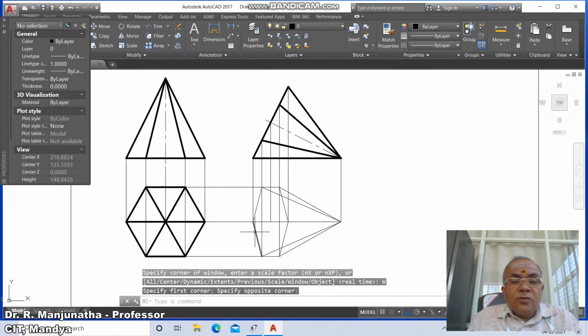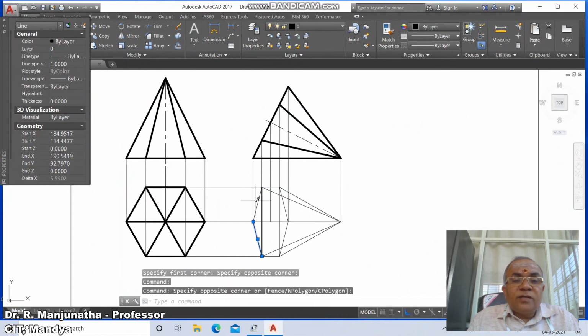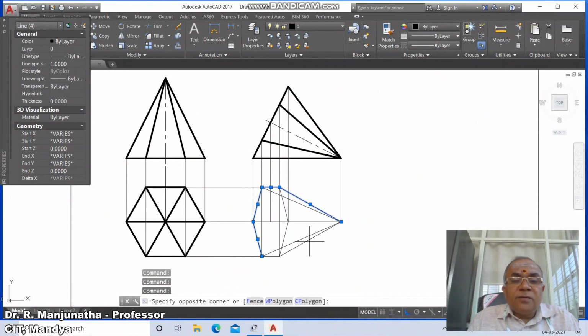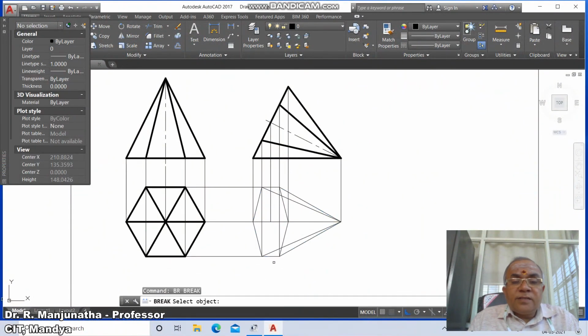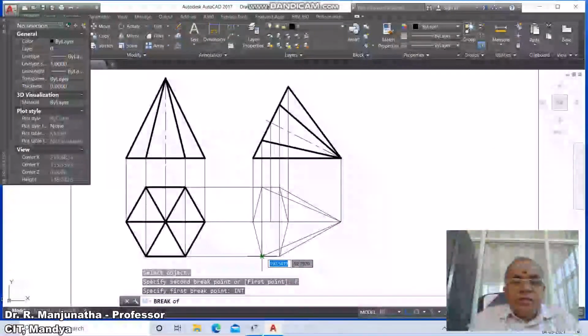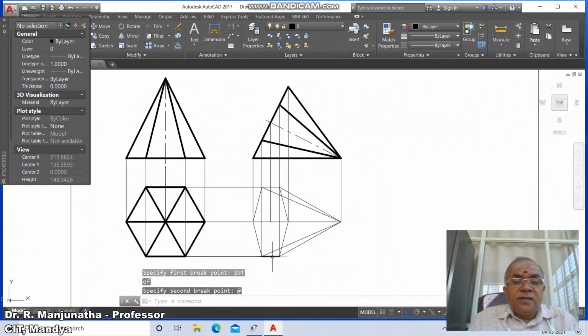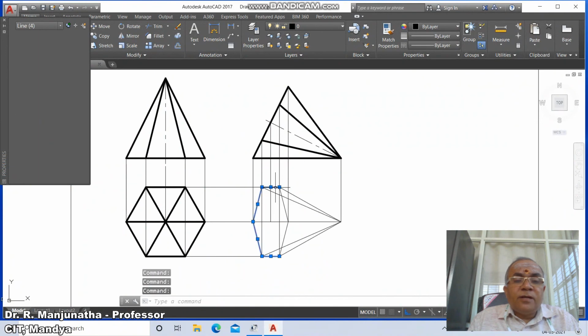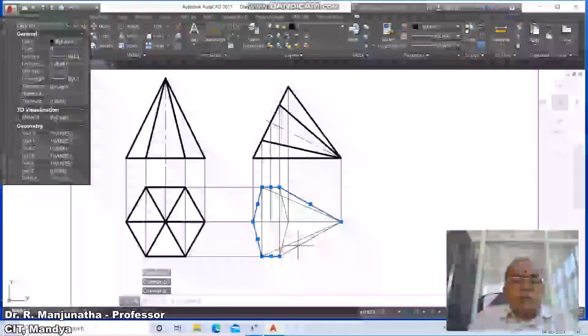So you first go, all the exterior edges of the boundaries of the solids are visible. You select these are the exterior edges of the boundary. You select this, then go to break, select this, you take first point int of this and say at the rate. So all the exterior edges of the boundaries of the solids are visible,